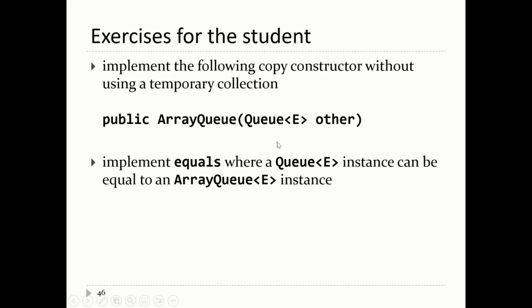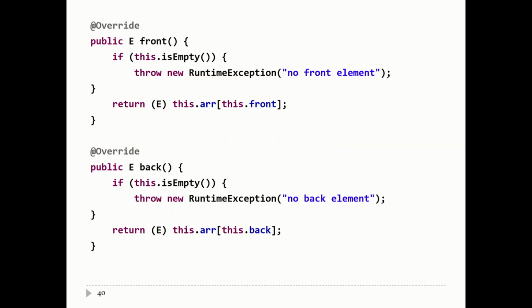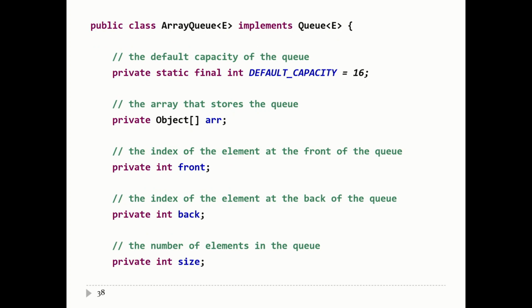All right, does anybody have any ideas how you would do this? Anybody? So let's look at the copying one first, in the copy constructor. Let's go back and look at our implementation. If you're going to copy another queue, but you don't know how the other queue is implemented,